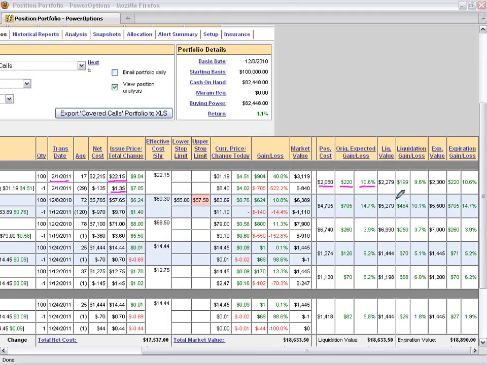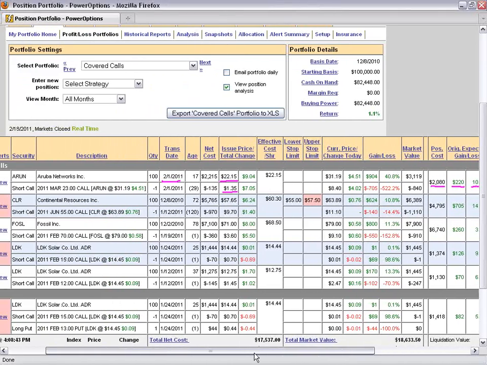Right now, we did use the March option, so it's still 30 days away. But this is important because this is what the customer was asking, and we wanted to evaluate this. Right now, the liquidation value is 9.6%. It's just about 90% of what we expected to make on the position. And if we hold it all the way to March expiration for another 29 days, we'd realize the 10.6% return. This is assuming that the stock is at the same price it is right now. I'm not speculating it's going to move any higher, for example, or lower. It's just if the stock stays where it is.